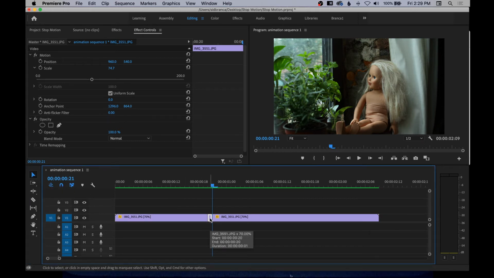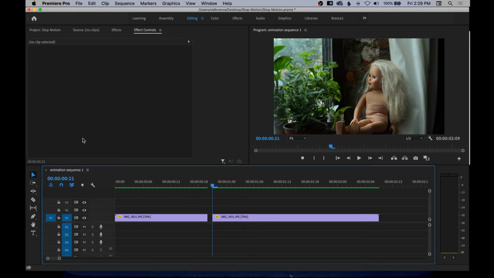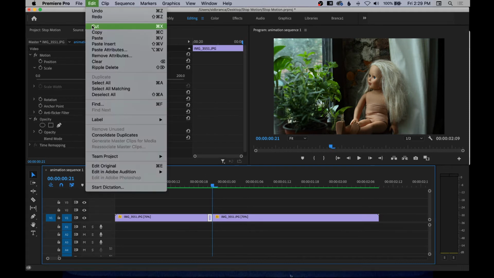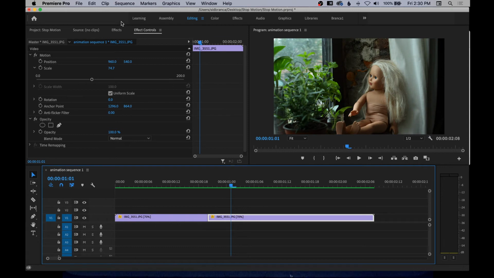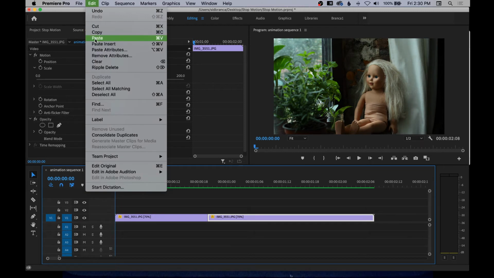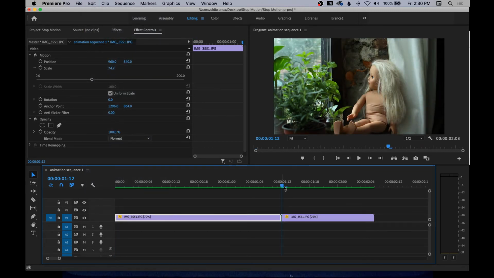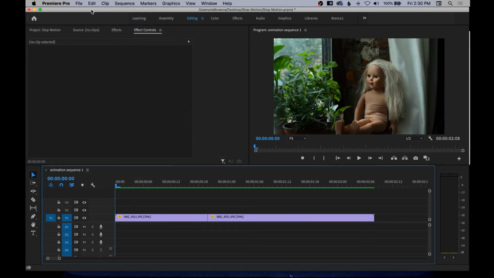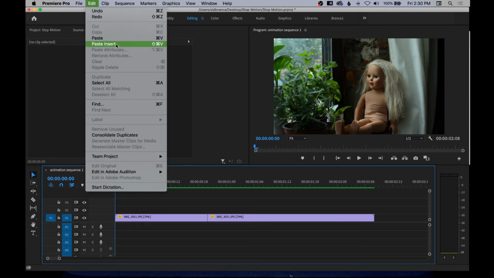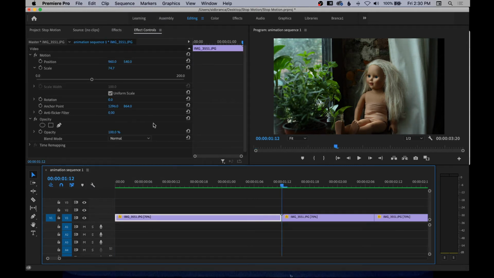If you simply hit Delete on a selected clip, it will delete the clip and then leave an empty space. If you go to Edit, Ripple Delete, it will delete the selected clip and then everything else after it will scoot down to fill the gap. If you copy a selected clip and just regular paste it, it will tape over whatever was there before. If you go to Edit, Paste, Insert, it will paste the clip in, but scoot all the clips after it over to make room without erasing anything.